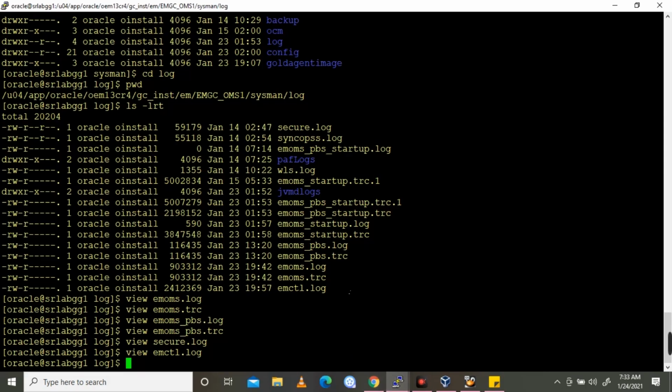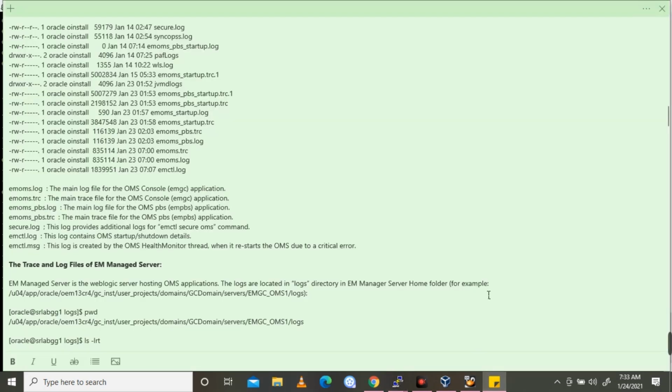So it's not generated because I did not have any issues with the OMS. When we restart the OMS due to a critical error, then only the emctl message will be generated.